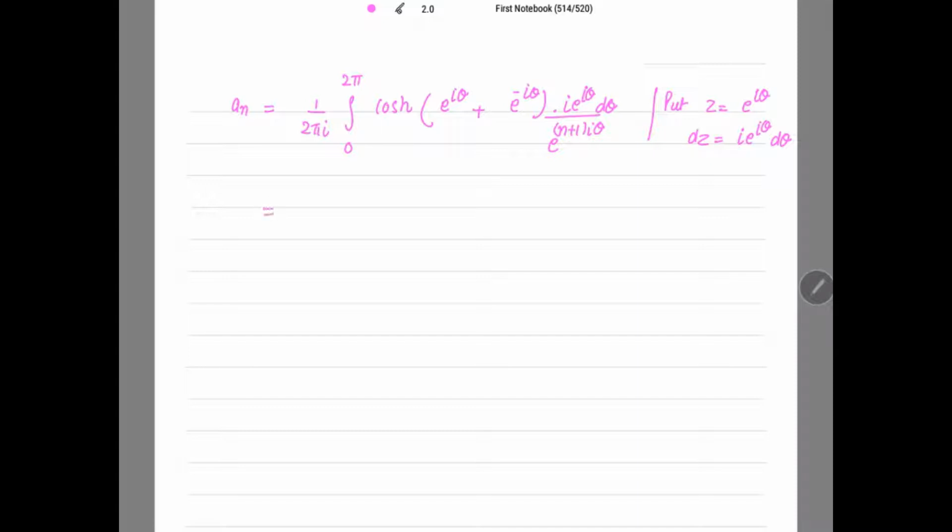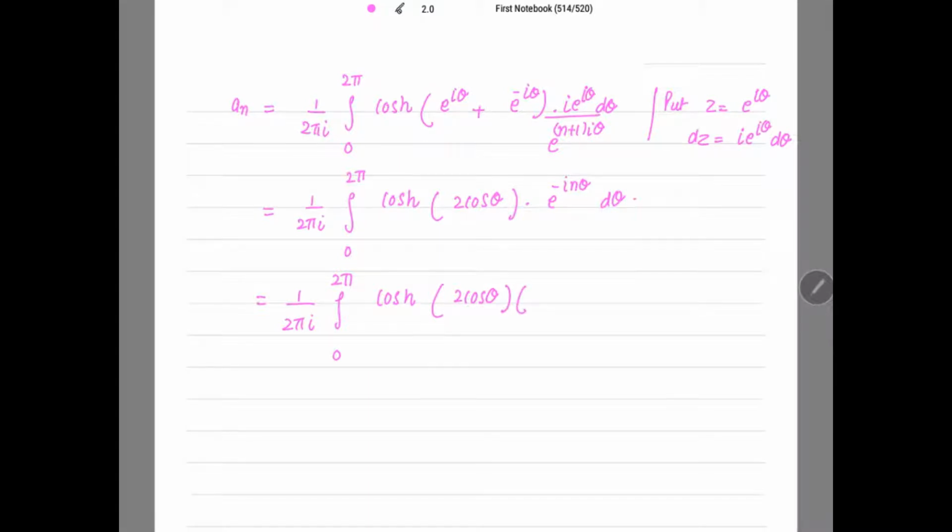Fine. This is equal to 1 over 2 pi i, integration from 0 to 2 pi of cosh. Now e^(i theta) plus e^(-i theta) is nothing but 2 cos theta. This is your formula, and on cancelling we get e^(-i n theta) d theta. So this is equal to 1 over 2 pi i, integration from 0 to 2 pi of cosh(2 cos theta),